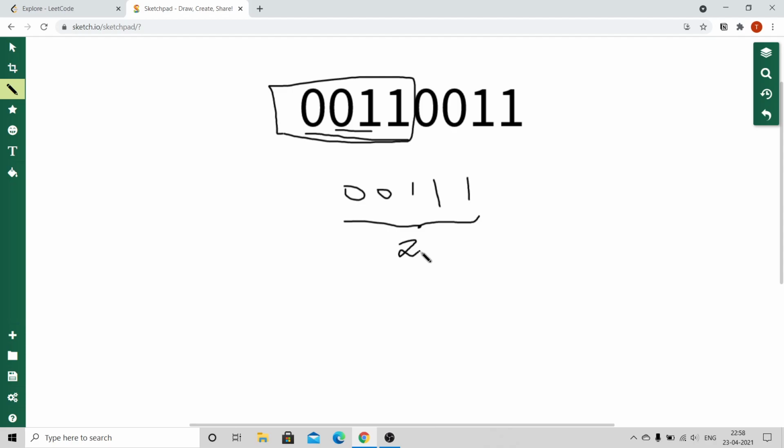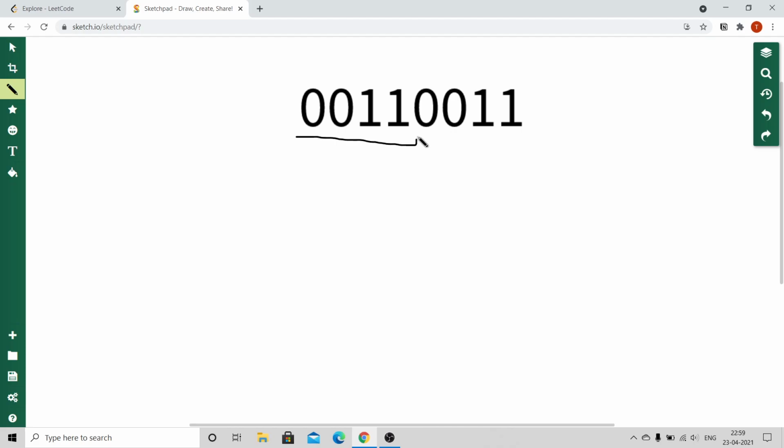So the intuition, the observation you have to make here is that when we take such substrings consisting of ones and zeros, the maximum possible number of valid substrings you can form is the minimum number of zeros or ones. You can only make the maximum number of valid substrings with the minimum number of 0 or 1. So here you have two zeros and two ones, which are equal, so you can get a maximum of two substrings.